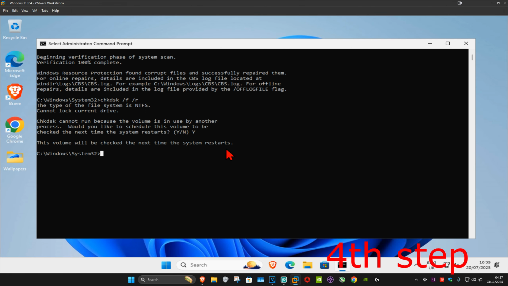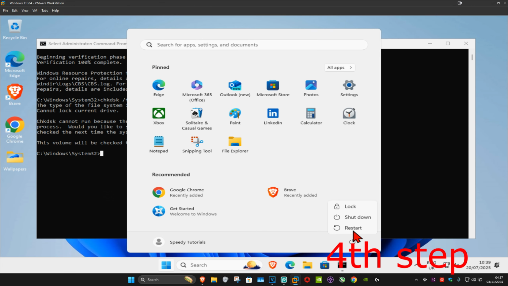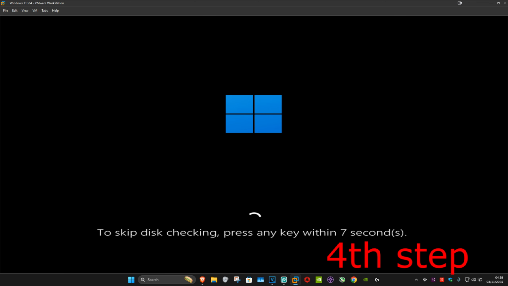For the last step, you want to restart your computer, but keep on watching the video. So now I'm going to restart my computer. Keep on watching. And now as the computer is turning on, it's going to be saying to skip this checking,